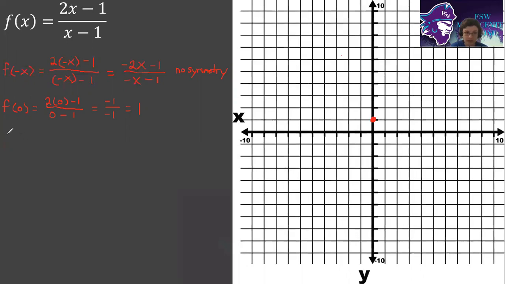We also want to determine x-intercepts, and recall that x-intercepts are found by setting the numerator equal to 0. And so I set the 2x minus 1 equal to 0. Now in this problem, we want to solve for x. Add 1 to both sides, and then divide by 2 on both sides. And with that, our x-intercept is going to be at 1/2. And so if it's at 1/2, I'll make a marking here as follows.